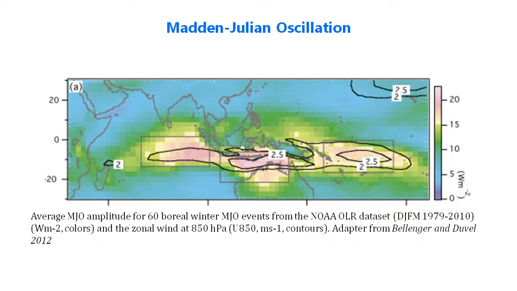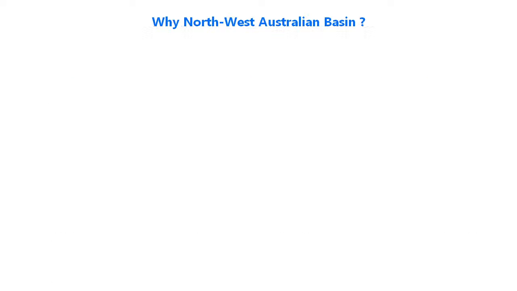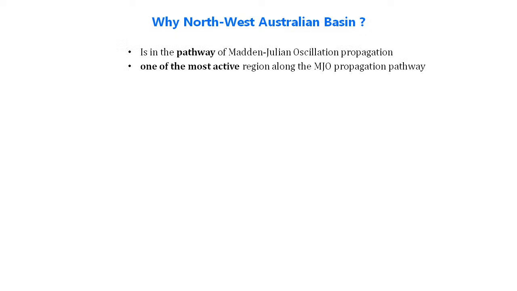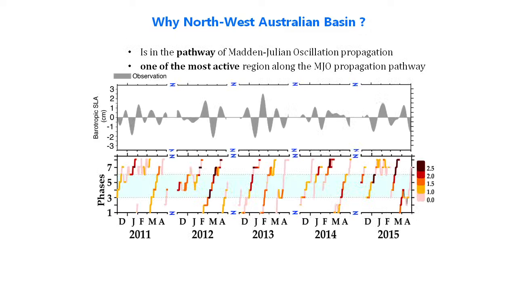So this is a composite, as I told you. This is another composite clubbing all the 60 plus boreal winter MJO events, and this plot was adapted from Bellenger and Duvel 2012. For better clarity of the MJO forcing, we compared the year by year variability of our barotropic